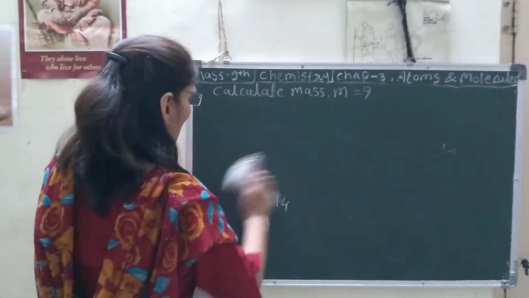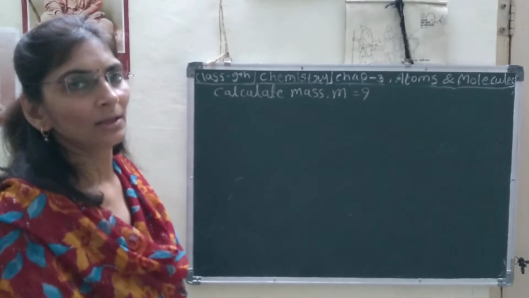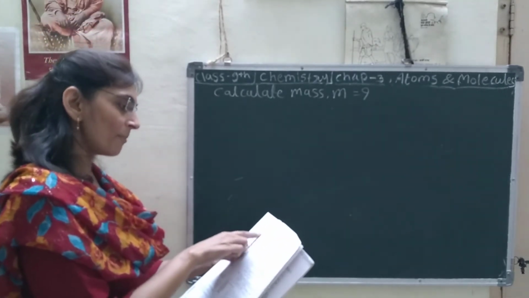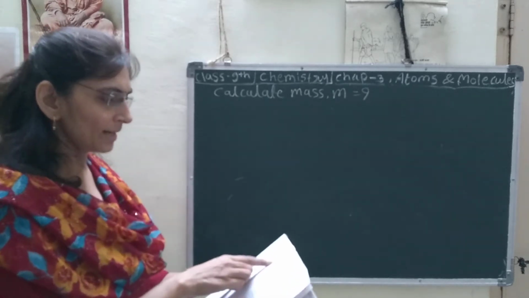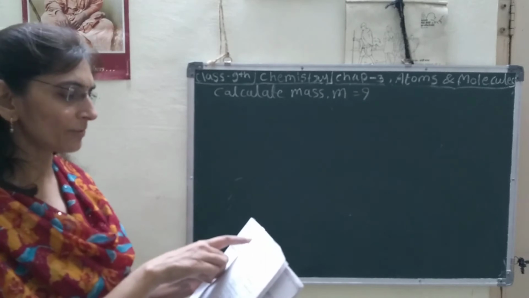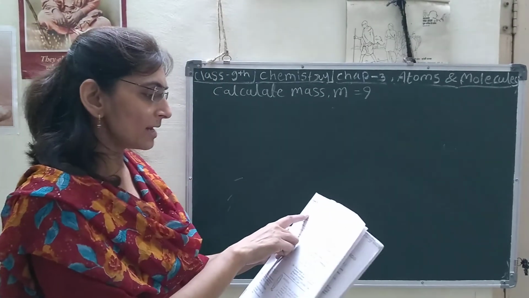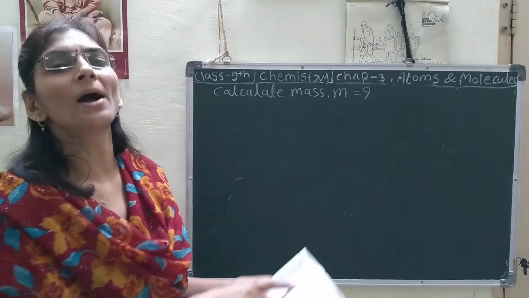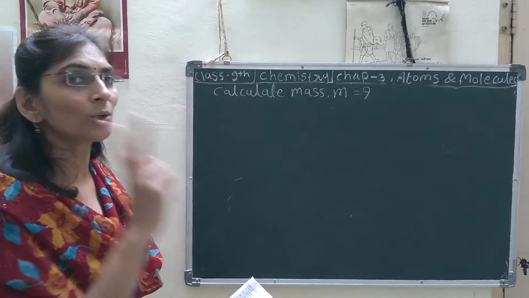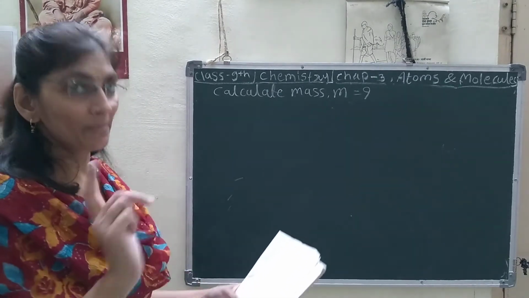So after that, here in the form of mass, or now it is given here number of particles. Number of particles are given. So what will be the formula for number of mass we have to calculate? Mass is also mentioned in the problem, and in the third one number of particles are also mentioned here. That's why both things are given, so we have to use the mix formula.